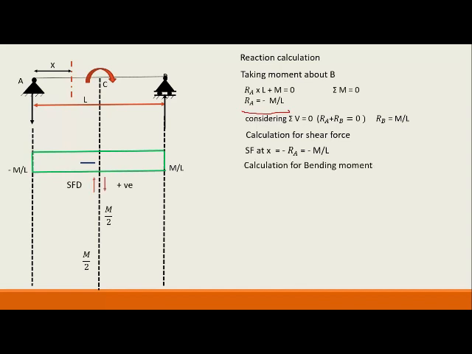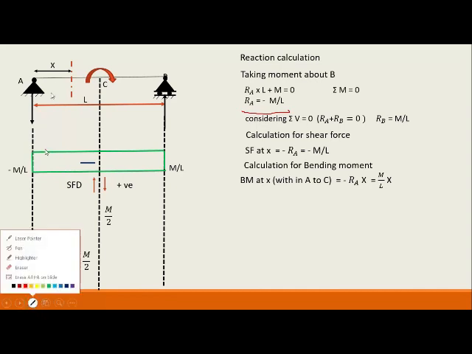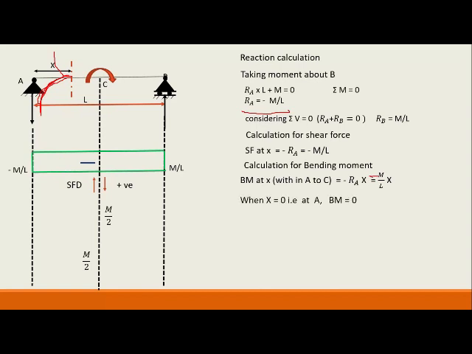Now let us go for the calculation of bending moment at that section which is pointed there at a distance of x. What should be the equation? It will be minus Ra into x. Why minus? This downward force will cause a deformation like this, so it is a hogging. If it is causing a bending in upward direction, it is positive, but here it is causing a deformation in downward direction and causing tension near the top. So it is a negative sign, that is, a hogging moment. Put a negative sign here also. So it is minus M by L into x.